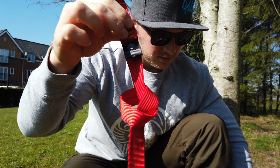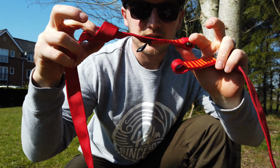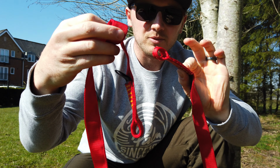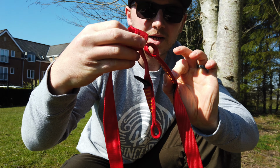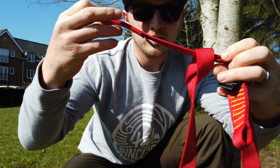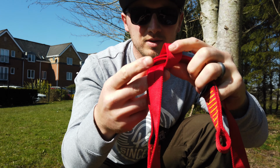Once we've got that, we're going to grab our other end. And then starting from the end of our tape, we're going to get the other end of our tape and we're going to backtrack. So we're going to go back up that initial piece of tape, back through, and then we're just going to follow the tape. So follow it round,